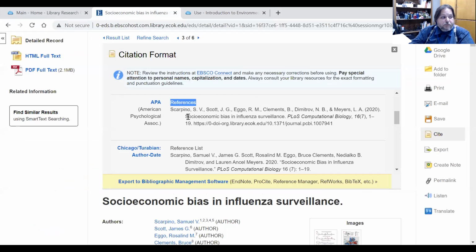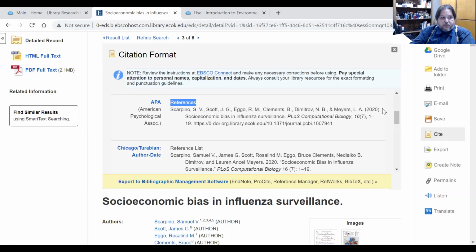So one thing you want to compare is how the author's names are written and how the title is written and the periods and spaces, because the author's names are listed very specifically, which is the last name, comma, space, first initial, middle initial, if there is one, comma, and then last name of the next author, and you keep going until you have all the authors listed,